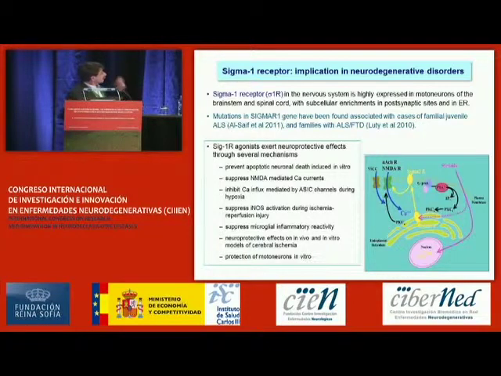The first one, I presented some preliminary initial studies about 2 years ago in this forum, was trying to target the sigma-1 receptor. Sigma-1 receptor, to be brief, is ubiquitously present in the nervous system, but particularly has high expression in the motor neurons of the spinal cord in relation with the endoplasmic reticulum and the postsynaptic sites. Okay? Some mutations in the sigma-1 receptor gene have been found associated with some familial cases of ALS,